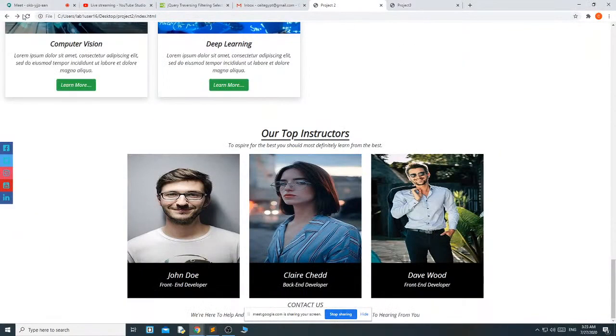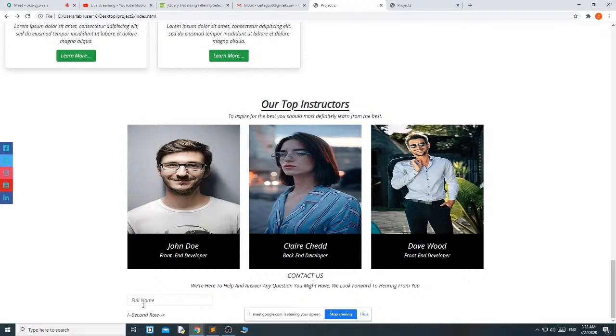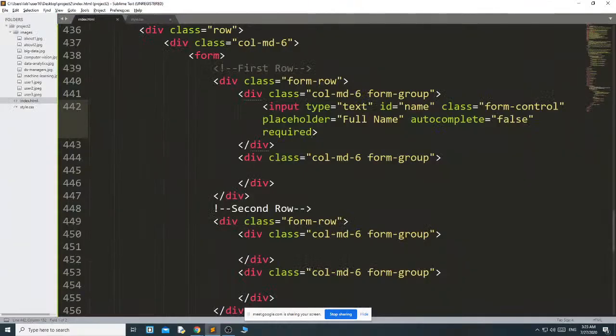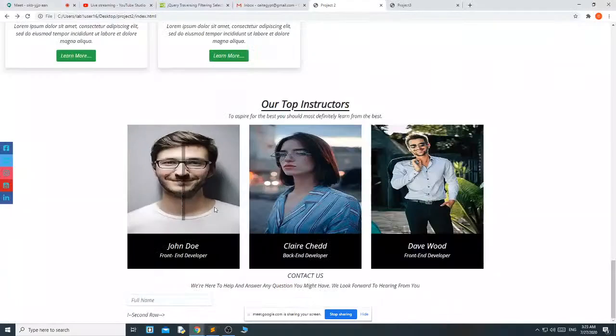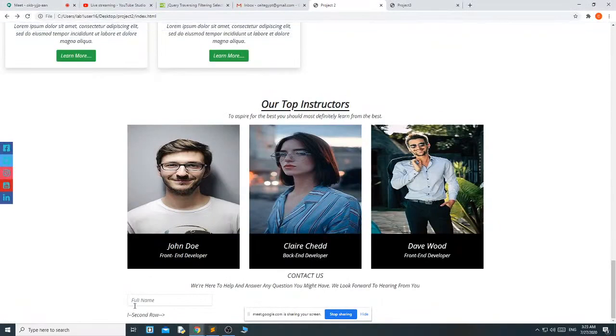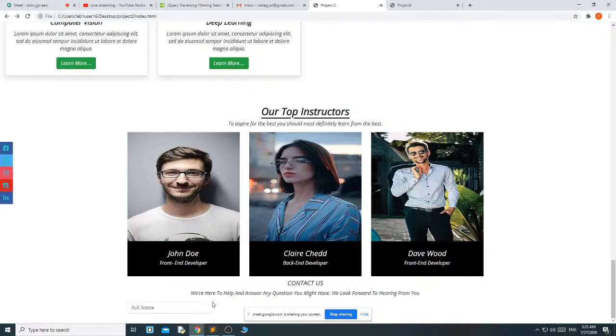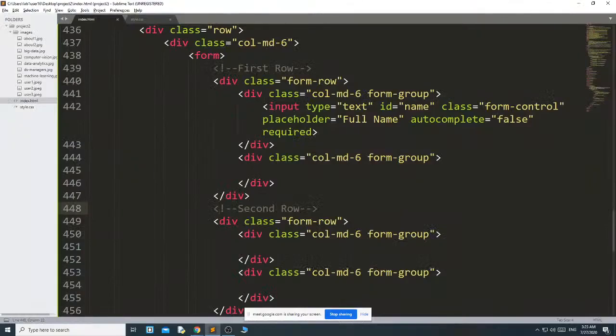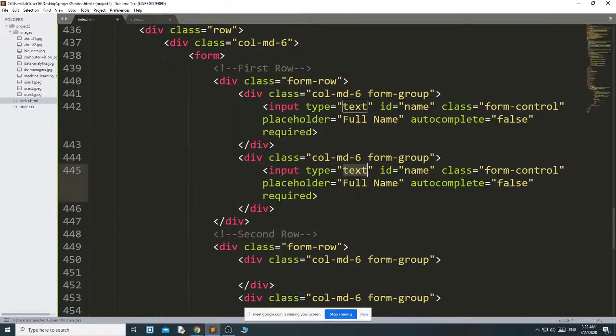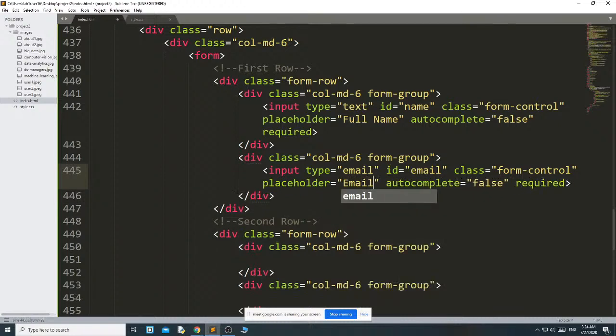First we will see this created one. In the second row, what happened? Okay, I have forgotten this. This created the first one. Like this it is taking col-md-6, and another one col-md-6. What I want is this email address, then copy, paste, input type email, ID email, required, just see.